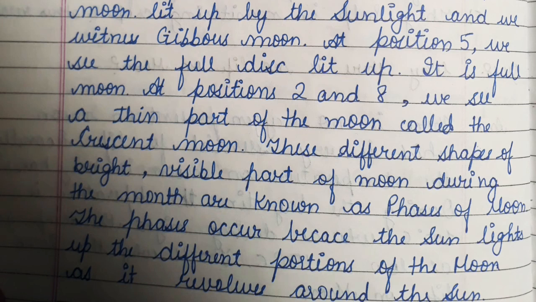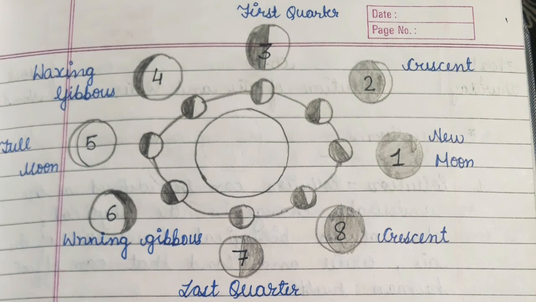called the crescent moon, and these different shapes of the visible bright part of the moon during the month are known as the phases of the moon. The phases occur because the sun lights up different portions of the moon as it revolves around the earth. Okay friends, so these are the different phases of the moon. There are 8 different phases of the moon, and in each phase we see a different moon. Then friends, we have to make the diagram of the phases of the moon, in which there are 8 moons,